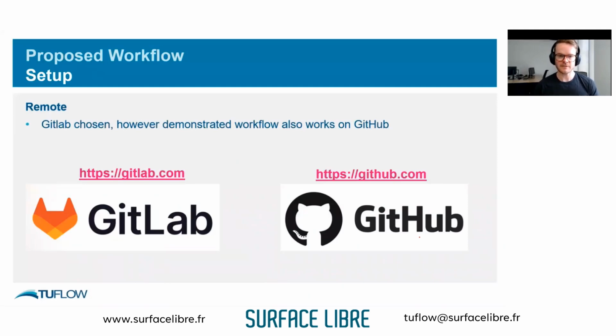For this example, I've chosen GitLab simply because we have some good stuff for TUFLOW in GitLab. It seems to be our service of choice. But I've also tested in GitHub. We have a GitHub account as well, and I've tested it over there, and it also works completely the same in GitHub. Both these services offer free services up to a certain license, depending on what you're doing with it. So it's definitely easy to test these services if you wanted to go out there and try it. There's no cost commitment to these either.